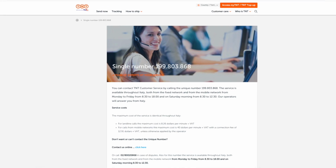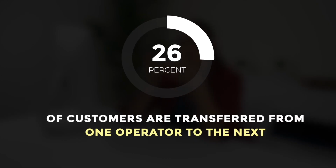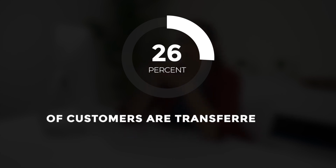For that reason, the larger companies like IKEA or TNT offer the customer one unique telephone number to contact them, regardless of the type of request or customer need. Later on, in the second step, the customer will be redirected according to his needs. This does not mean that the customer needs to switch from one number or an operator to the other. According to some studies, 26% of the consumers are transferred from one operator to the next without getting a solution to their problem. And when a customer calls customer service to get support, that is the first reason they get